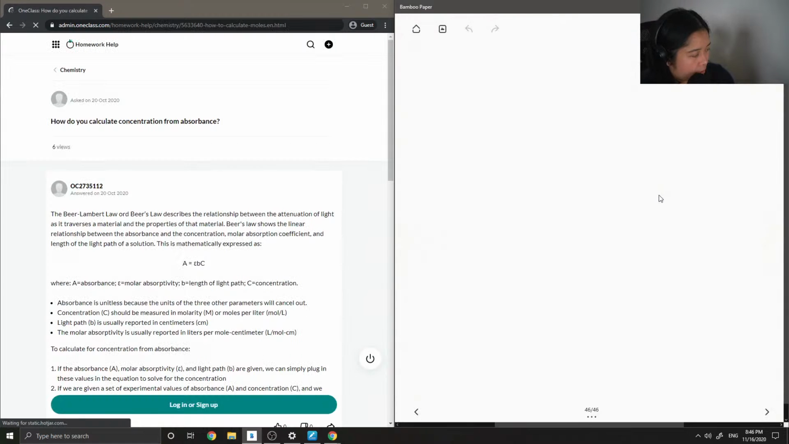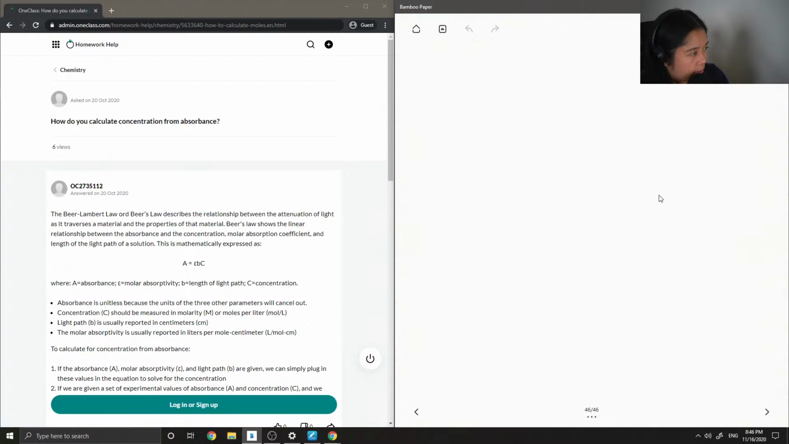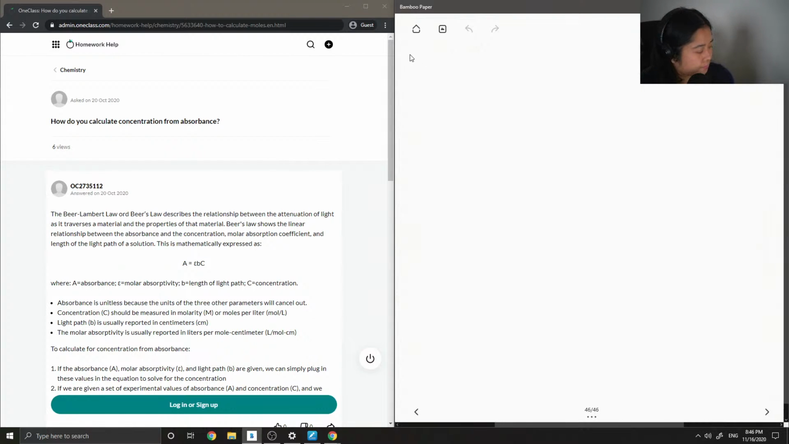Okay, so on to question 14. How do you calculate the concentration from absorbance? Okay, so to help us answer this question, I'm going to talk about the Beer-Lambert law, or the Beer-Lambert equation,